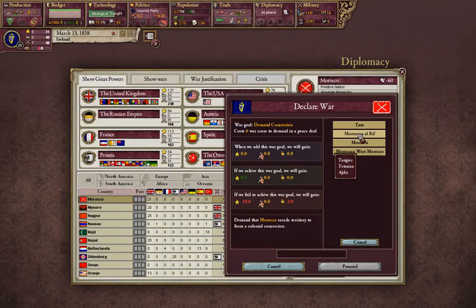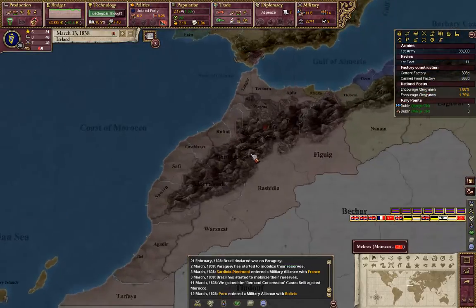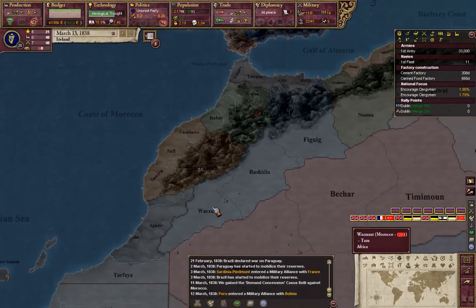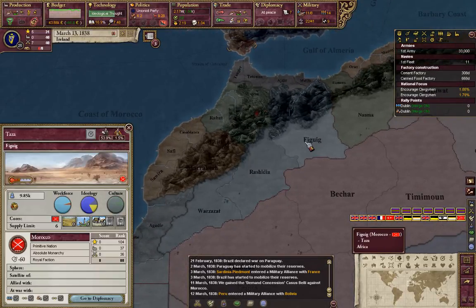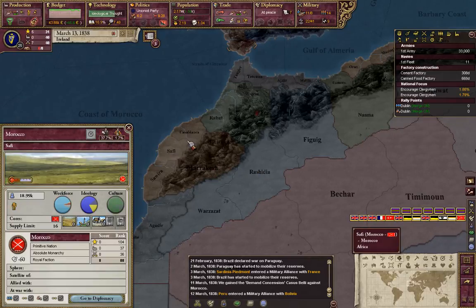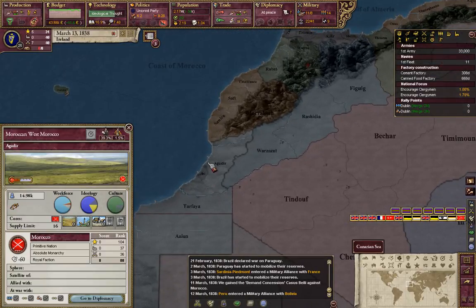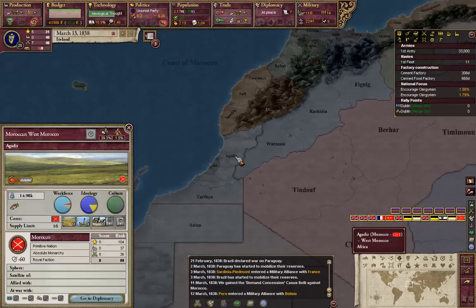But for which state? Or region? This is Taza, and this one would be Morocco. We can't take Fez because it's their capital. And this is Morocco and West Morocco. So we can't take...